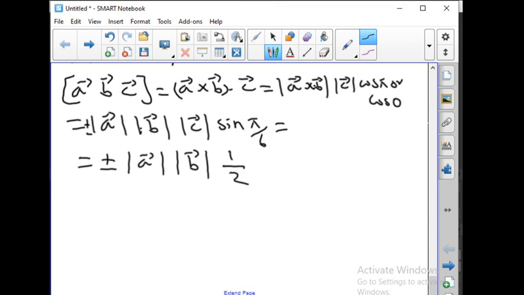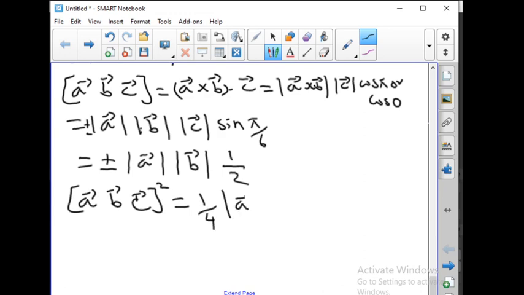Now it is asked to find the square. So, the box product of A vector, B vector, C vector square gives us, plus or minus will become plus, 1 by 4 into modulus of A vector square into modulus of B vector square. Hence, we have proved the